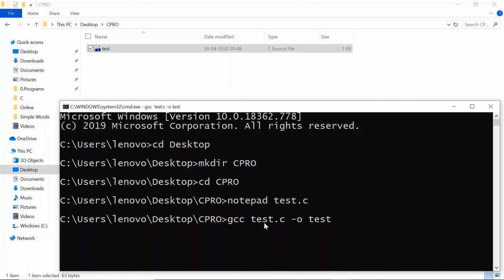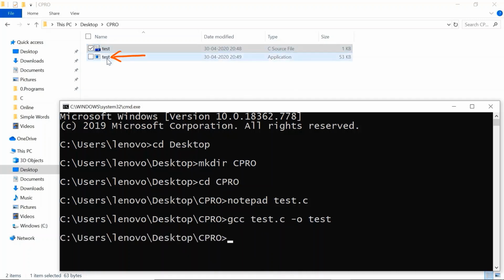So now you can see one executable file test.exe is created, and I will execute the program by simply typing the name test. So here you can see the program is executed and the output is hello world.